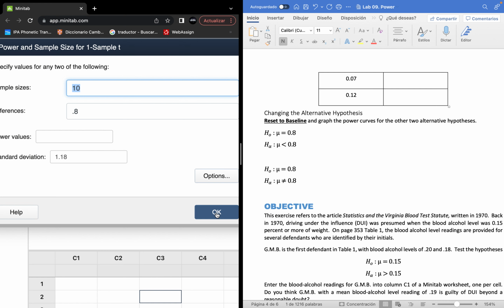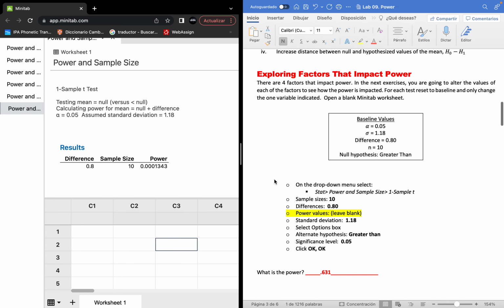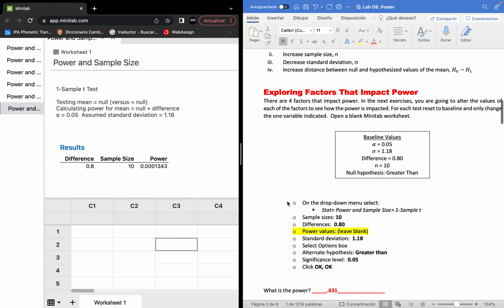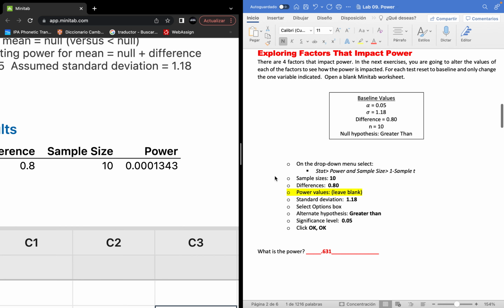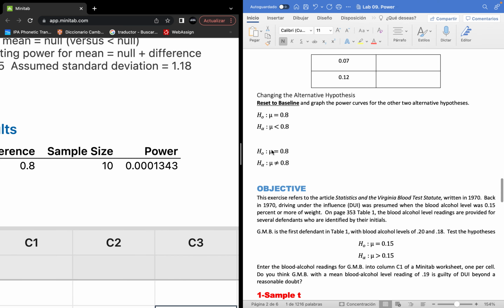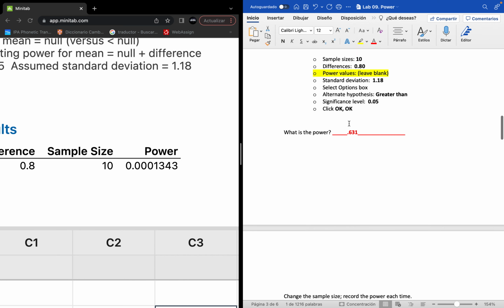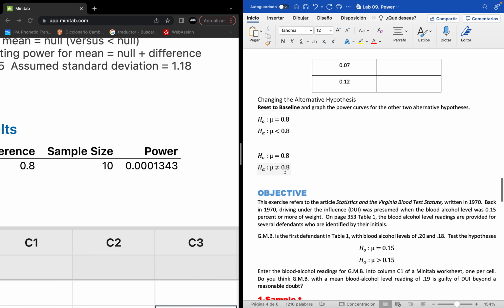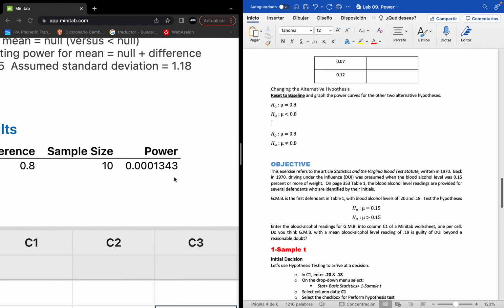Okay. And see, you will have to register the power, 0.001343. That's all that you will have to do for this part. All right, you do the process for different from 0.8. Now, the other part of the activity,